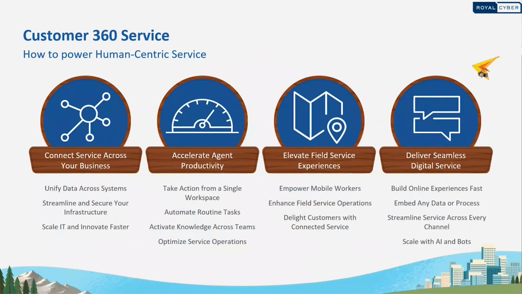Okay. So basically, what we're trying to say here is when we go human centric, when we are going personalized with respect to each and every person that we're targeting, we are connecting them to our business. We are also saying that when we connect multiple systems, we are accelerating or improving the way our service agents are performing.